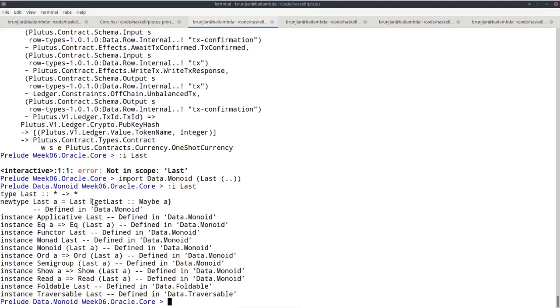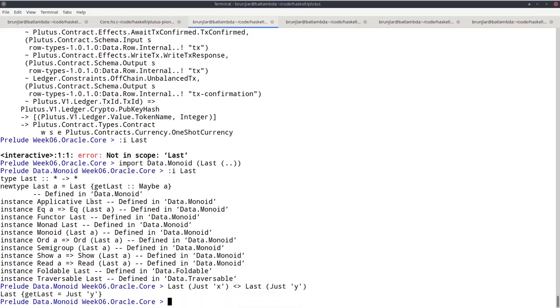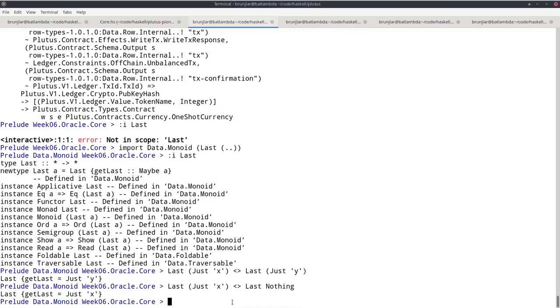So let's say I have Last (Just x) and combine that with Last (Just y). Then I get Last (Just y). So it forgets about the x and remembers the y. But if the second one is a Nothing, it will remember the first one. So basically what the Last monoid does, it always remembers the last Just value. If both are Nothing, it will be Nothing.